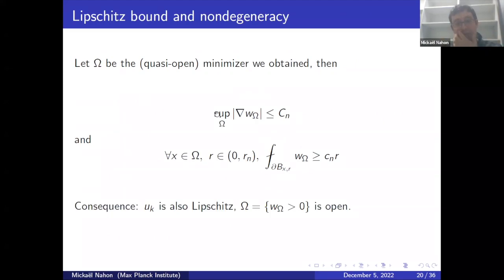Being Lipschitz directly means that the domain of positivity of this function is an open set because it's continuous. The second condition basically tells you that around every point of the support of w, it grows at least linearly. It cannot be too flat. And the consequence of this one is typically that omega has finite perimeter, but this is not useful for us here. And as a consequence, we also get that the eigenfunctions are Lipschitz. And so now